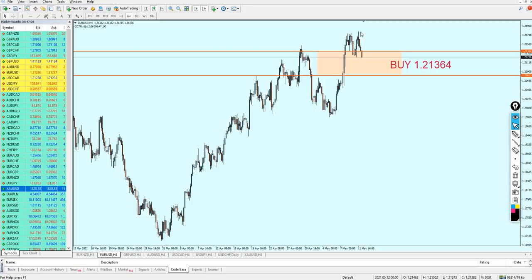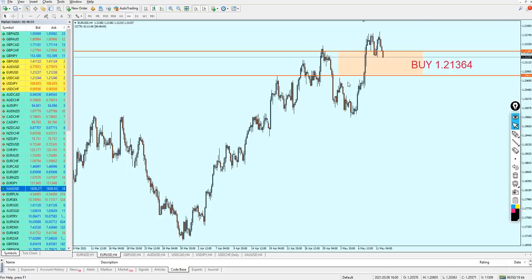Right now, the pair has reversed back all the way below our buy level. Right now, it's below 1.21364, and it's on 1.21236. So, is the EURUSD going to continue the rising? The answer is absolutely yes. Right now, we need to look at the new levels to start buying the pair. If we look right here carefully, my friends,